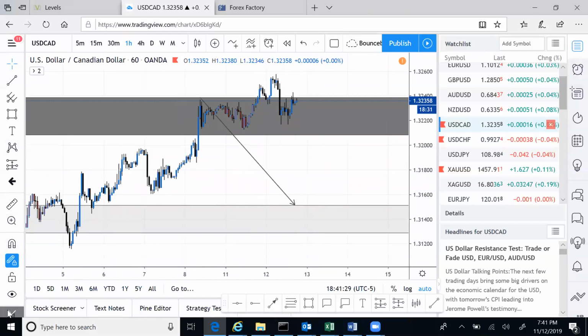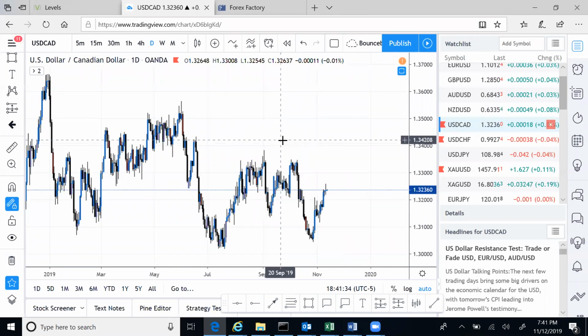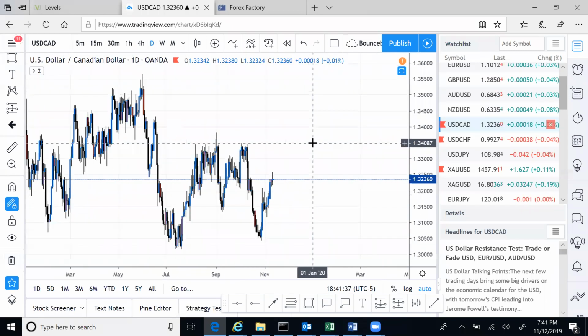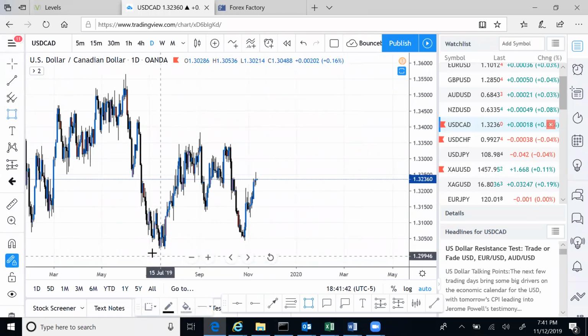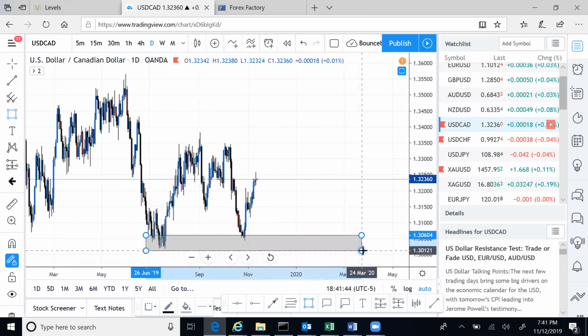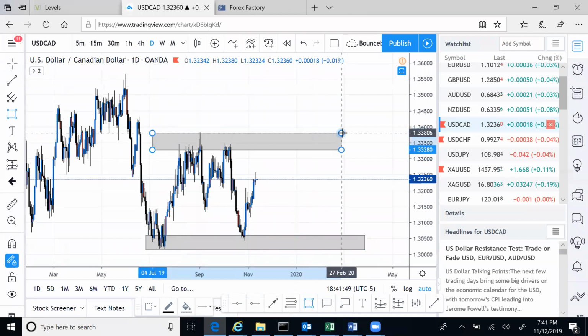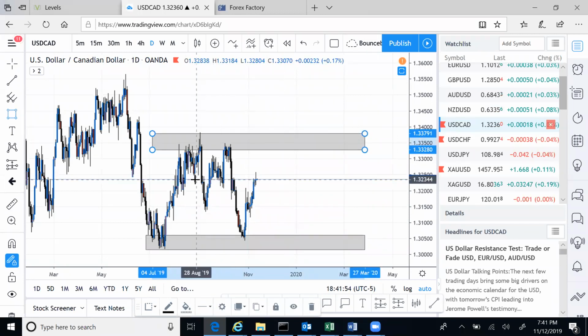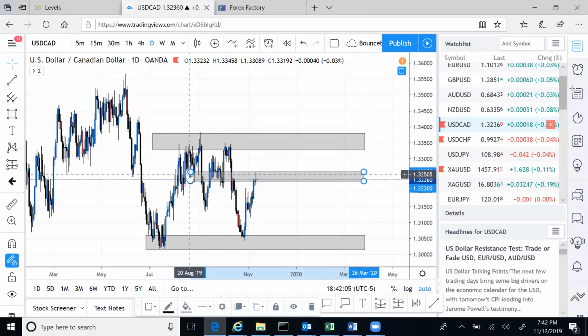All right. So USDCAD. What am I seeing with USDCAD? First thing is we're going to identify daily support and resistance. You guys should know this by now. Do the ones that are obvious and then you can move inward. So for me, around this area here, I see a resistance and I see a support.